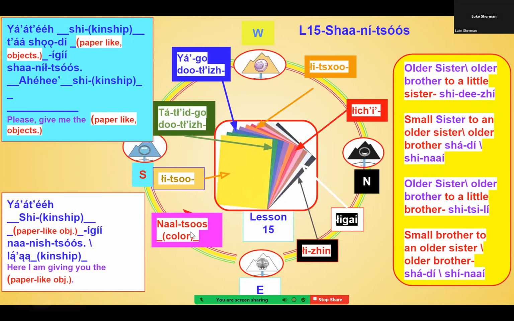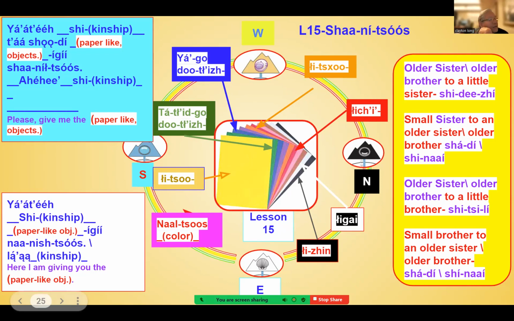Shaaníłtsoos. Mm-hmm. Yate Shana. Shana. Which one again? Naltsoos. Igi Shachigi. Shaaníłtsoos. Mm-hmm. Shitsile. Mm-hmm. Shina. Mm-hmm.